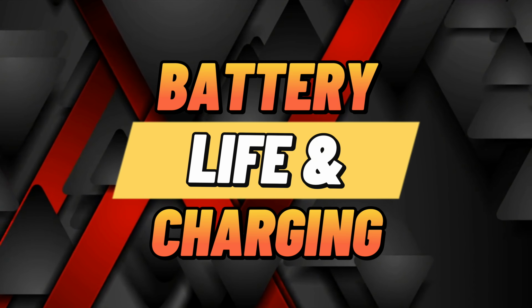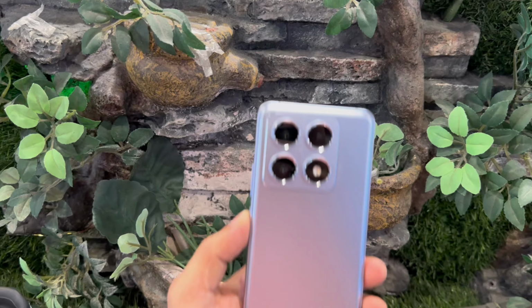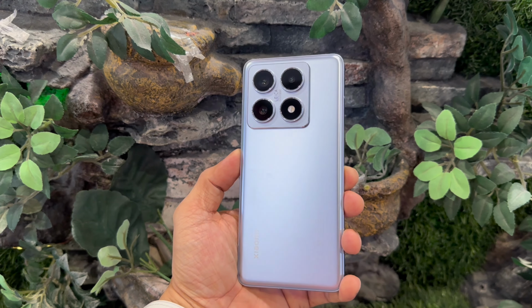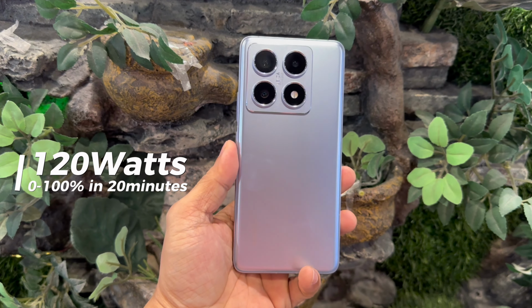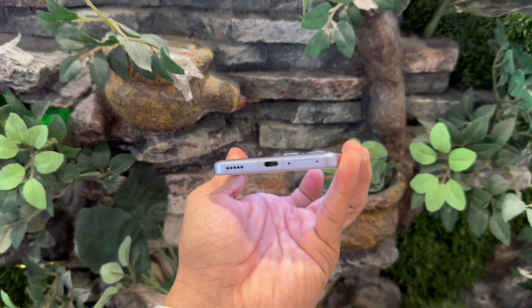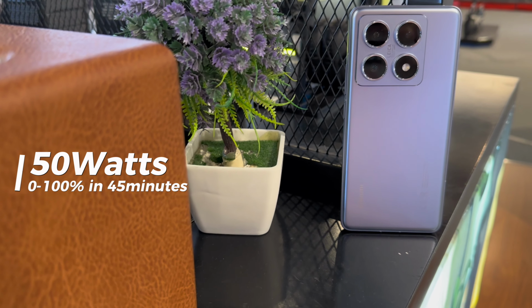Powering the Xiaomi 14T Pro is a large 5000 mAh battery, providing all-day usage with ease, even with heavy use. You can comfortably get through a full day of work, gaming, or media consumption without reaching for the charger. And when you do need to charge, Xiaomi's 120 watts fast charging gets you from 0 to 100% in just about 20 minutes. Wireless charging is also supported at 50 watts, 0 to 100% in just 45 minutes, offering more convenient